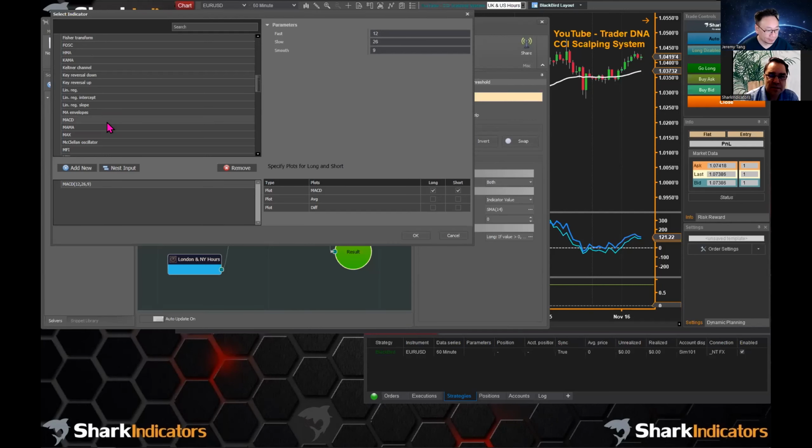I have a screenshot up showing the MACD, right? The MACD has 3 plots, and those plots are readable. They're designed to pass the indicator's information onto the chart, but also from one indicator to another indicator. Some of you probably have an indicator; let me see if I can pull something up here.